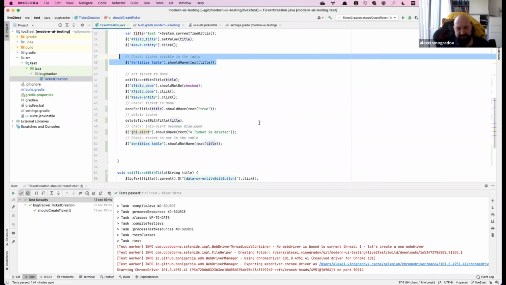After that, I'm checking this text, exactly the same check as before, but now this line checks that the text was there, and this line checks that the text is not there anymore, so it is deleted.